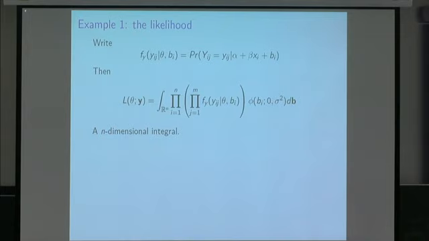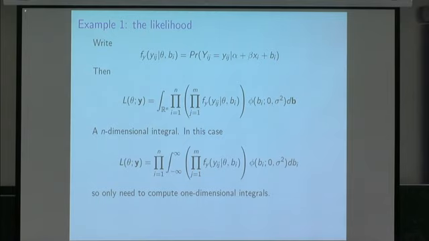In this one particular case, things aren't actually quite as bad as they seem. And that's because if you look at the integrand of the likelihood up there, you notice it's a factorization, and each of the terms in the product there just depends on a single b_i, which means that you can in fact re-express this to be a product of one-dimensional integrals, one for each of the b_i's. So you can rewrite it in that kind of form.